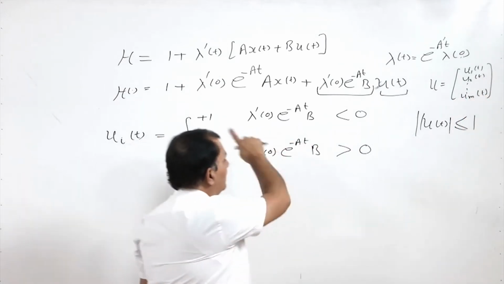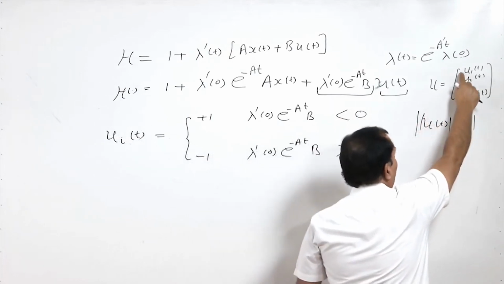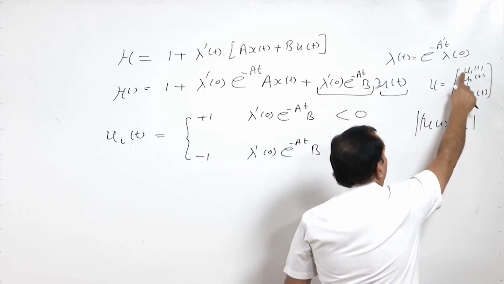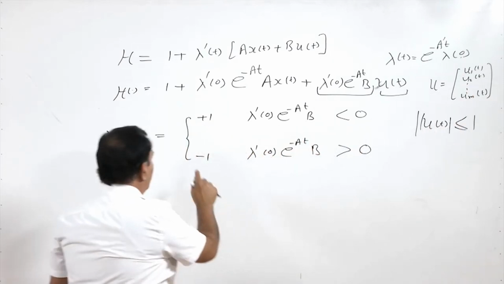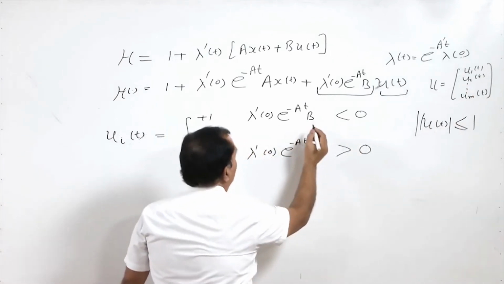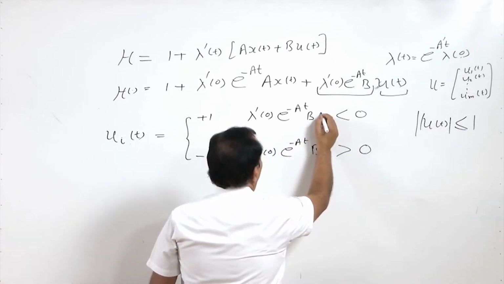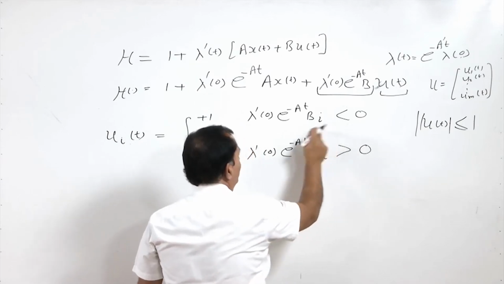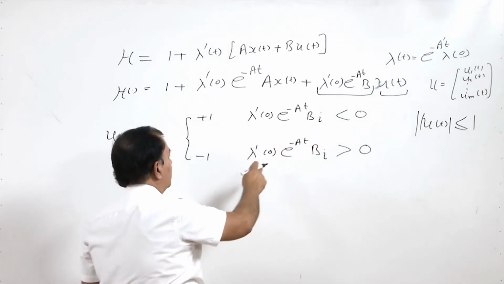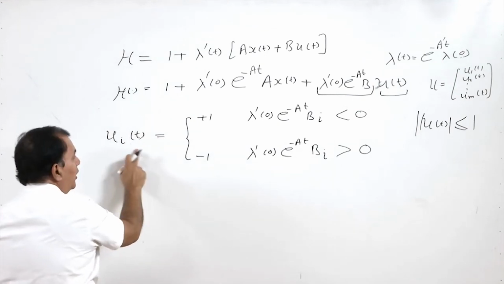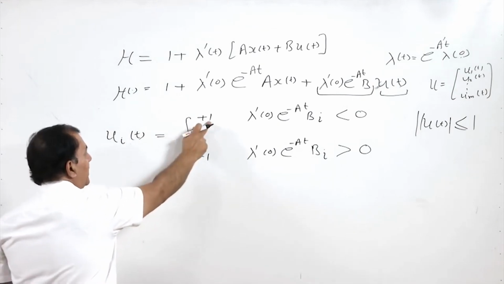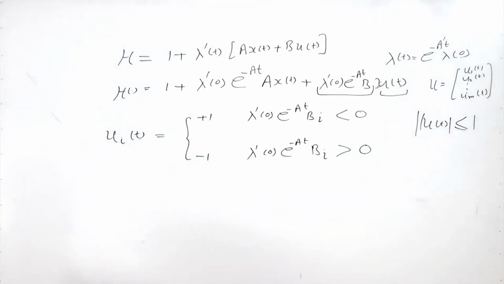So, this means in this vector I will select the positive or the negative value depending upon the value of, sorry, it should be bi. So, that particular ui must be positive or negative in this case,